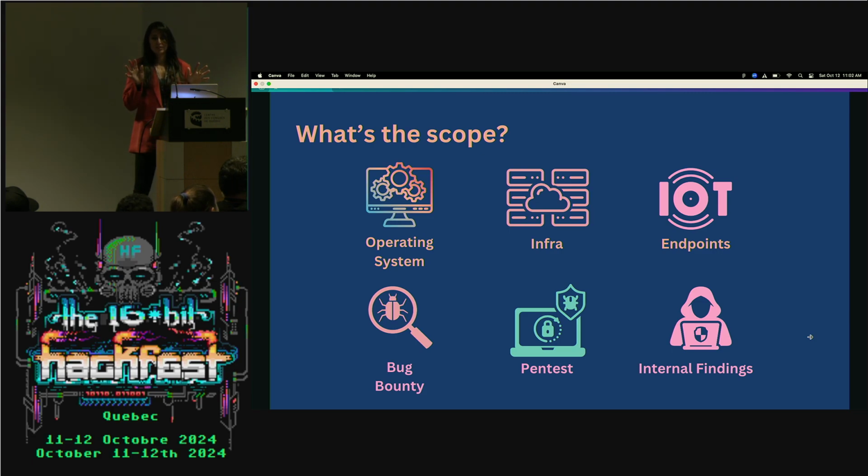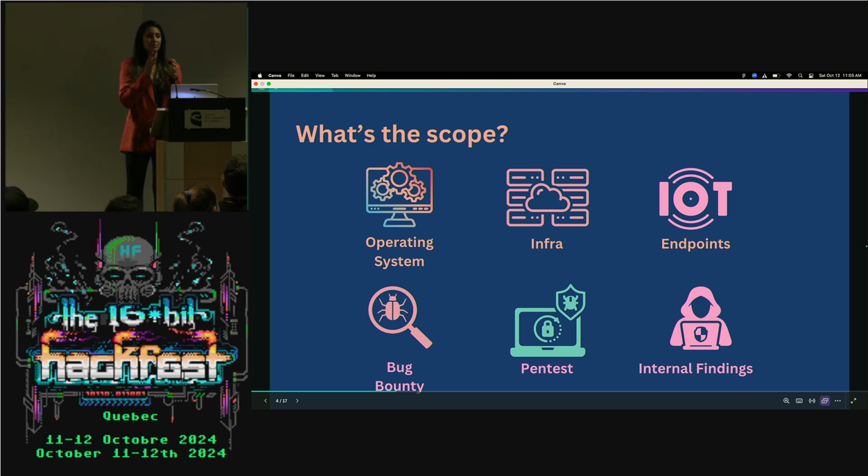Vulnerability management should include essentially all of your endpoints. So think of your operating systems, your cloud environments, your databases. Typically, most vulnerability management programs only include vulnerability scanners and patching, but I would also include your bug bounty, your pen tests, any internal findings. So essentially anything that has a bug, I would include this. The reason being